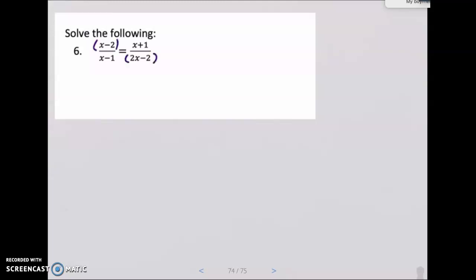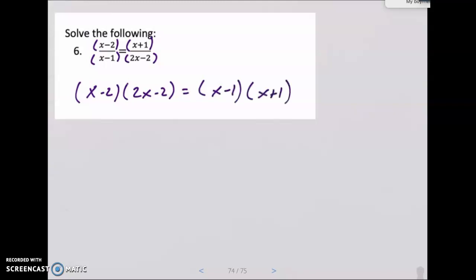This one's a great one because it forces you to work on all of your different algebra skills. So I'm going to FOIL first. X minus 2, cross multiply, also known as the means-extremes theorem from Unit 7. Oh, got a nice little difference of squares there. So I'm going to FOIL first: 2x squared minus 2x minus 4x